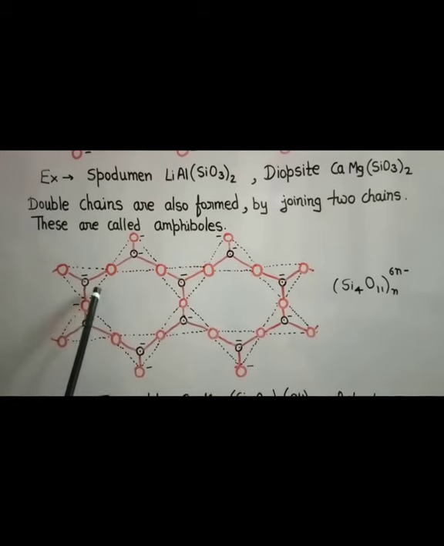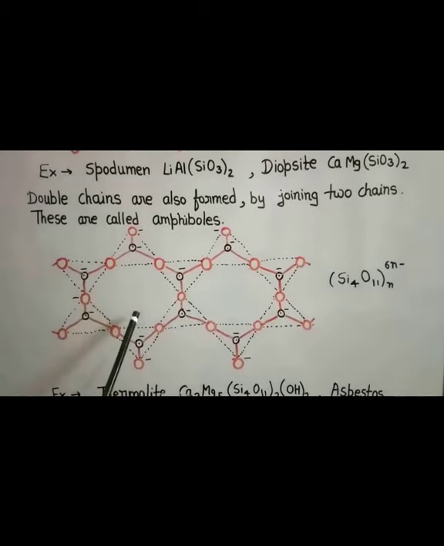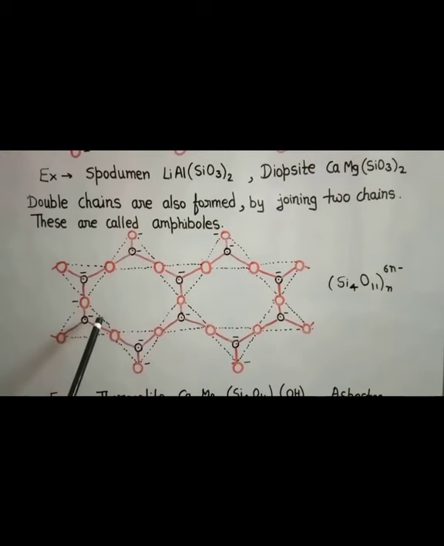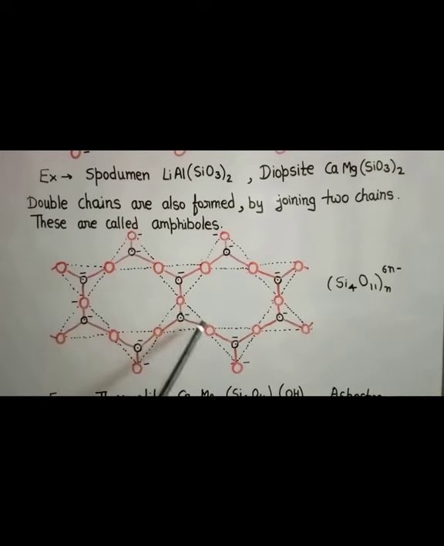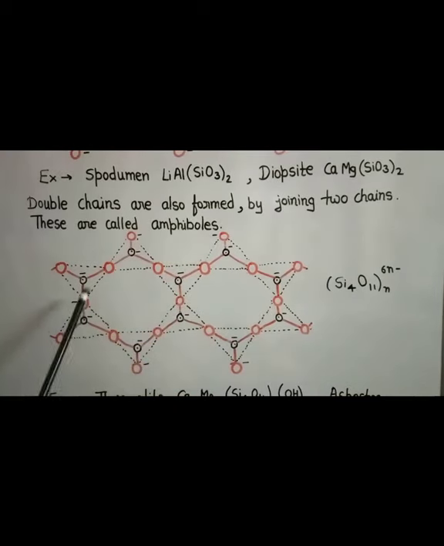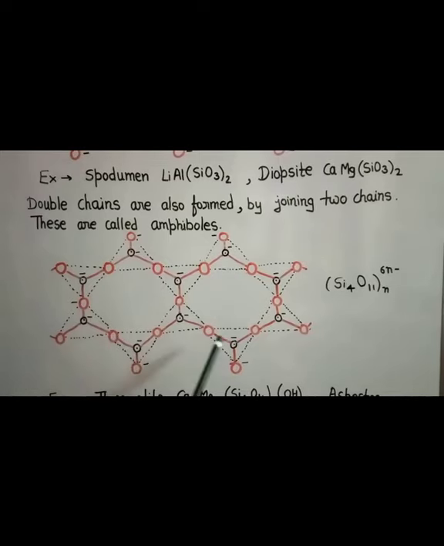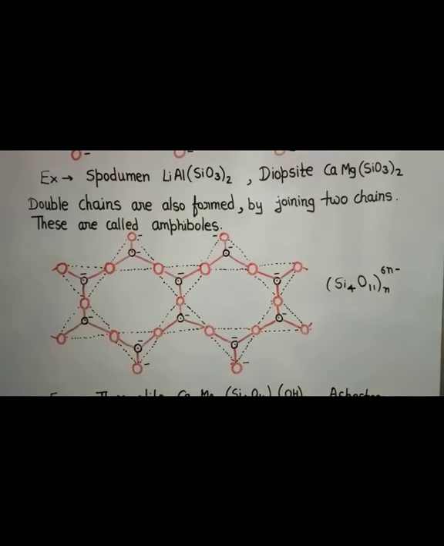See, 2 chains. The example given for double chain silicates is asbestos. Here these are fibrous and non-combustible silicates. Double chain silicates are otherwise called amphiboles. What do you mean by amphibole? These are fibrous and non-combustible silicates. Therefore they are used for thermal insulation material, brake lining, construction material and filters. Asbestos being a carcinogenic silicate, its applications are restricted.